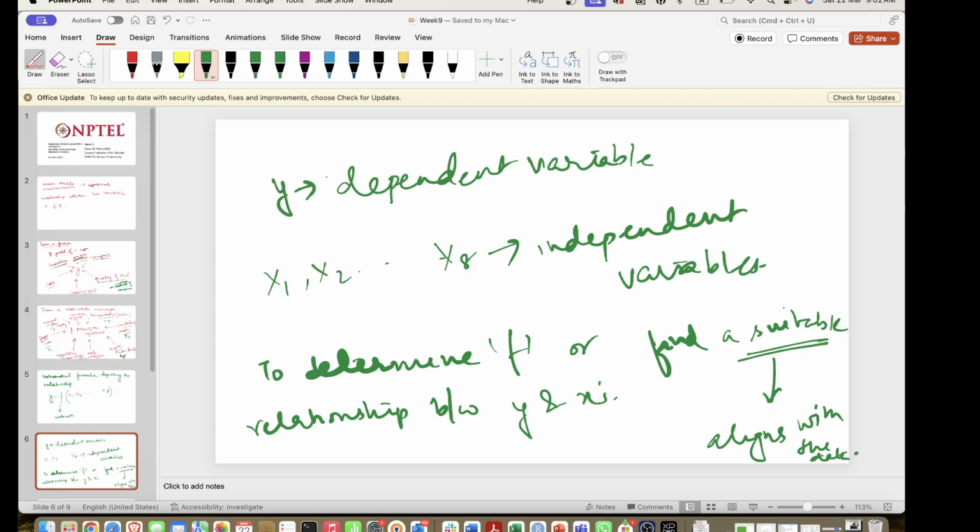Okay, so here we are trying to derive the process with the help of data. And what are we using to do that? We are using the mathematical relationships between the dependent and independent variables. Okay,